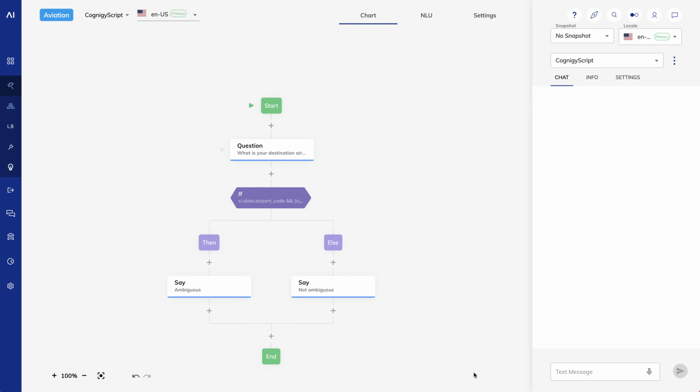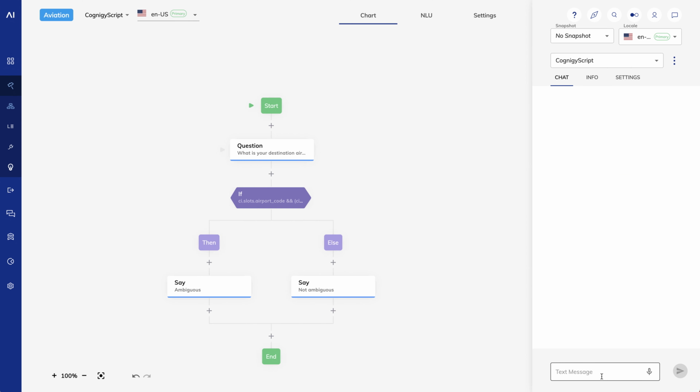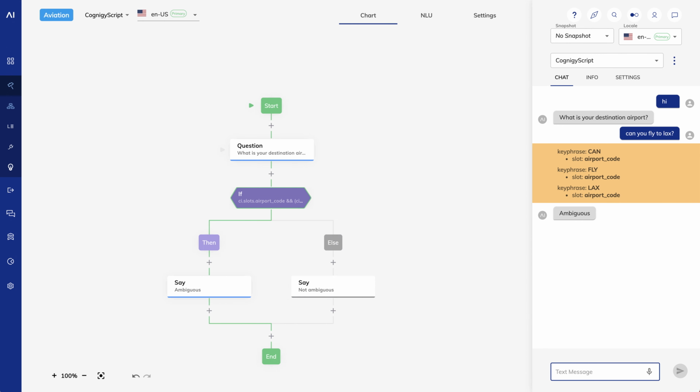First, the happy path. Now with multiple slot matches. And now with an ambiguous slot match.